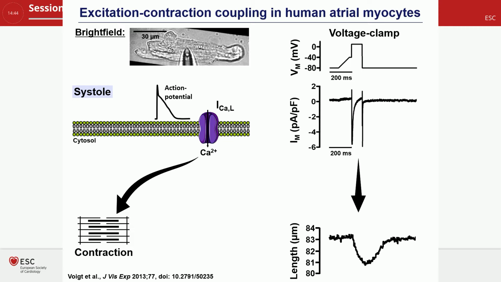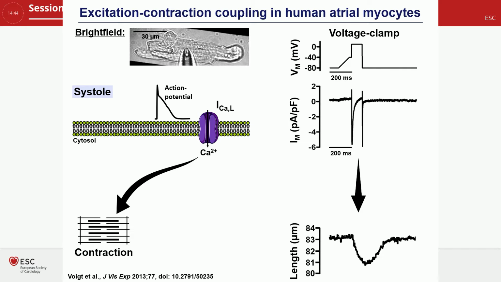You can see here the pipette, and we applied a depolarizing voltage pulse. In response to this voltage pulse, you can see the activation of the L-type calcium current. And you can also nicely see that in response to this calcium current, you have a cellular contraction,